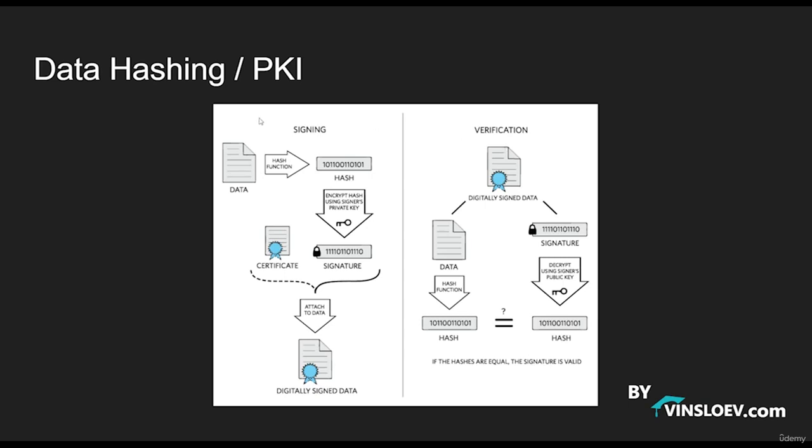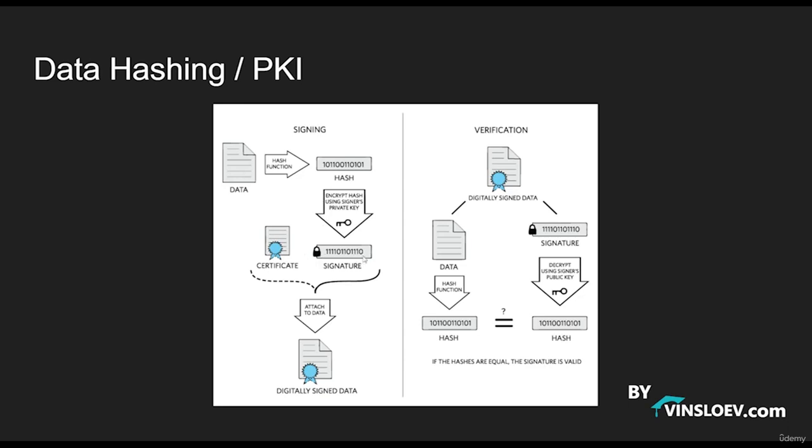So for example, we have right here the signing part, so this will be the sender. He has some data he wants to send from A to B. In order for B to check and ensure that it is A sending it, what A is doing in the signing process is that he takes his data, runs it through a hashing function, then he will get a hashed value, then he will encrypt the hashed value with his private key, then he will have the certificate plus the attached signed